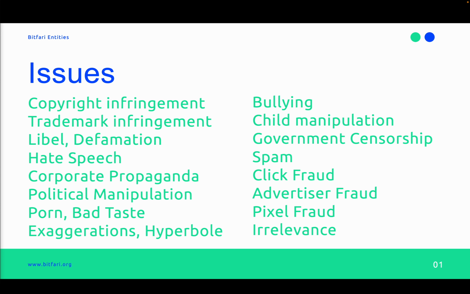Showing ads is incredibly tough. There are a lot of issues. There's trademark infringement, there's spam, there's click fraud. You can go through the list yourself. It's really hard, especially when we are dealing with kids. We want to make sure that the ads respect their privacy and their nature. We want to protect the youngest in our society. We also want to protect the elderly, the most vulnerable in our society, and we do that with technology and people.